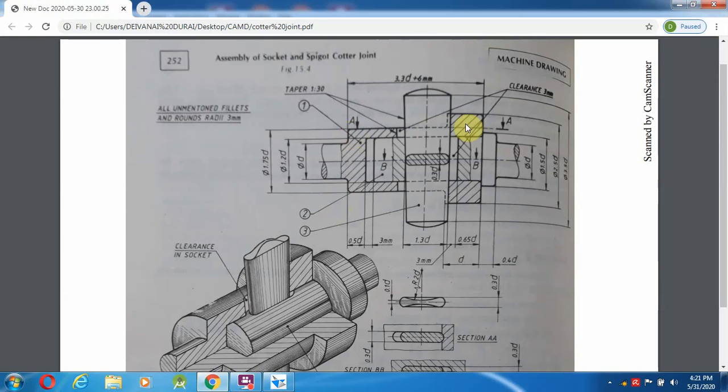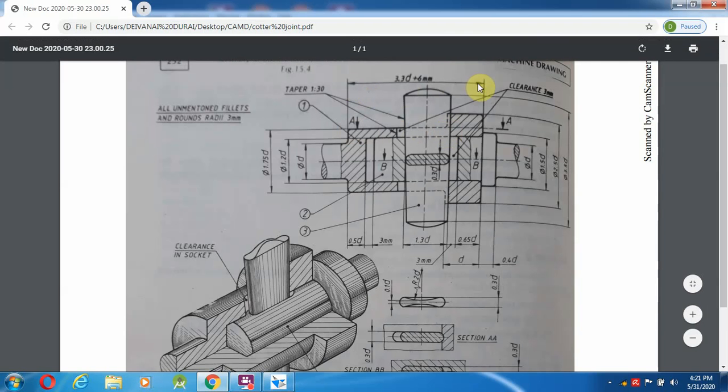What is the length from here to here? The total length given is 3.3d plus 6 mm. So 3.3 into 20 plus 6 mm gives 72 mm. From here to here the distance is not given, but at the bottom it is given as d, which is 20 mm.